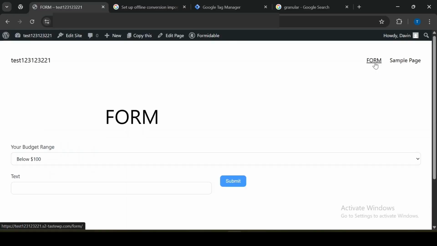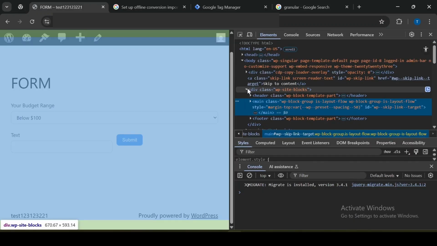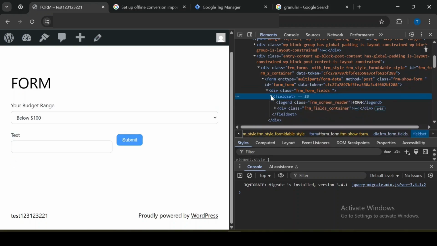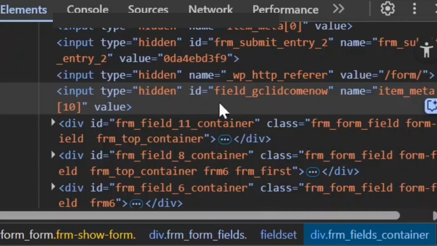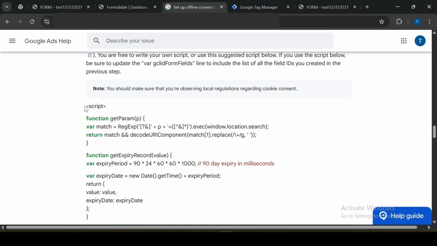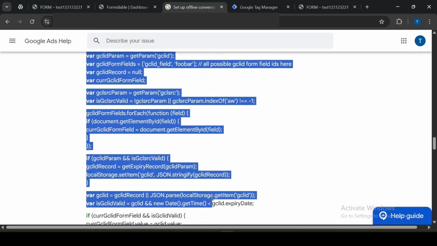So go to the form in your website. Okay, so in this page, okay, this is just an example form, but if you go to inspect and now you search for your hidden field, I would suggest naming the hidden field something you can identify within the inspection. So this is how the hidden field looks like. So you just need to find out what yours looks like and have this noted down, maybe copy it down. So step 1 was just identifying what your field ID is, and step 2 is copying this down. So copy the script down,